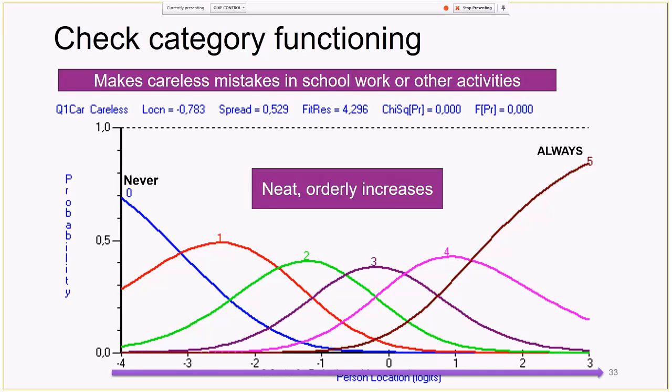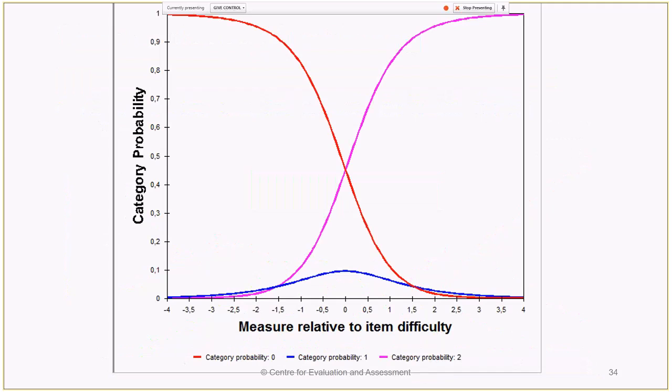So from less of the ADHD construct to more of the ADHD construct. And as the child has more of the construct, so very neatly are they also more and more likely to have scored higher. So this is an example of a very well functioning item. Nice, neat mountains. And because in this questionnaire, most of the items had categories that were functioning well, I'm just showing you an example from another instrument where it didn't function well.